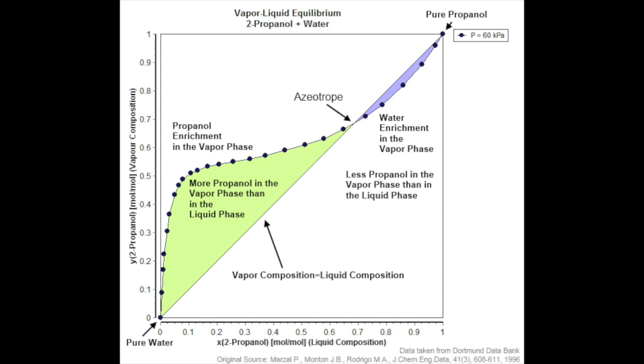What is distillation? Well, it's a method of separating components based on their difference in boiling points. The greater the difference in boiling points, the easier the separation. An azeotrope occurs when the two liquids cannot be separated by distillation anymore because when the mixture is boiled, the vapor has the same compositions as the unboiled mixture, and ethanol and water form an azeotrope at about